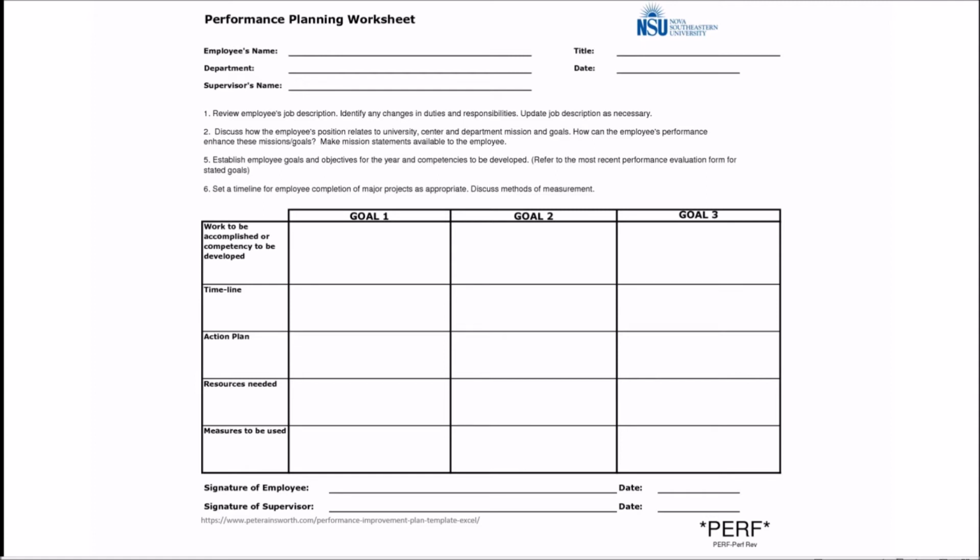And we would do that, say in July, and we would set down a 6 monthly review period. So maybe in January or February, we might sit down and say, let's catch up again and see how we're going against our goals and our action plans and timelines and so forth, and review them and see whether we need to make any adjustments. It might be to the goals themselves or to the resources required or whatever it may be. So we would do a review at the halfway point, the 6 month point, and then we would come back at the end of the 12-month cycle, back in July, and we would review the past 12 months, and then we would set new performance plans for the next 12 months.